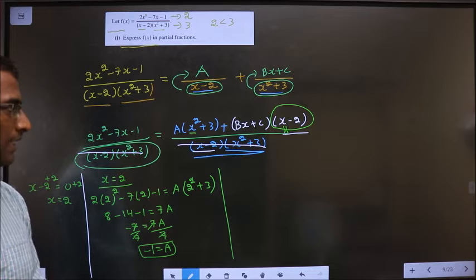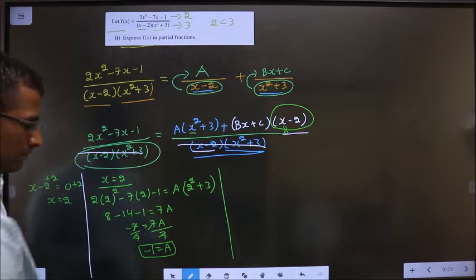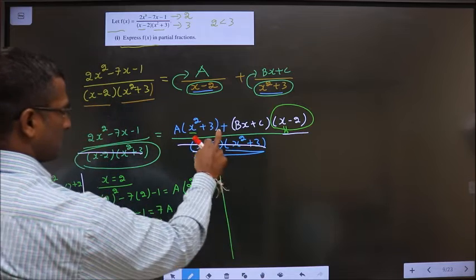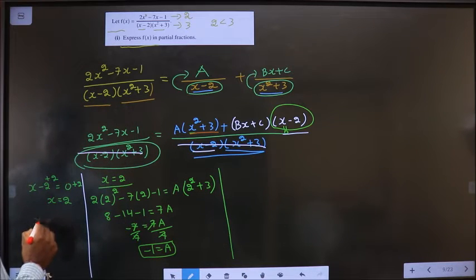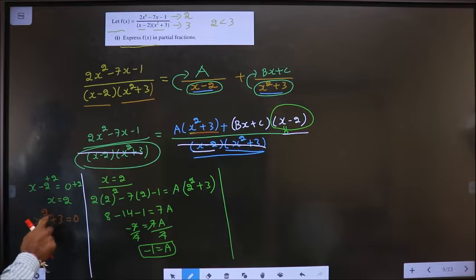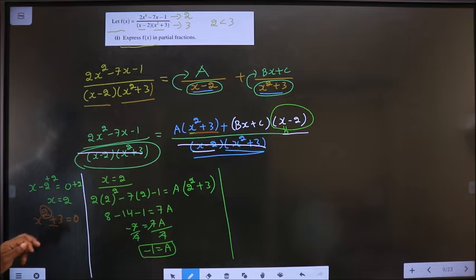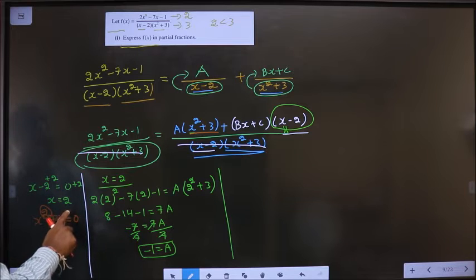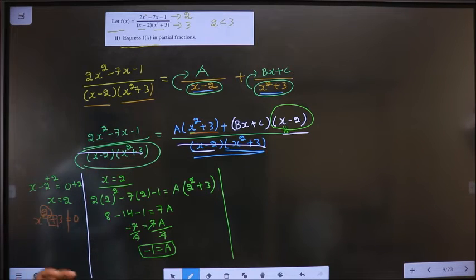Now I try to make another bracket 0, which is this one. Now here understand, the power on x is 0, the power on x is 2 and here it is plus. What I am saying is, no matter whatever value you take for x, this will never become 0. Clear with that? Next option, take x equal to 0.